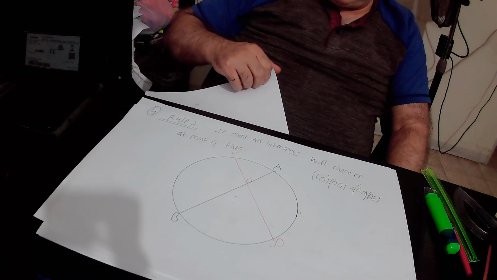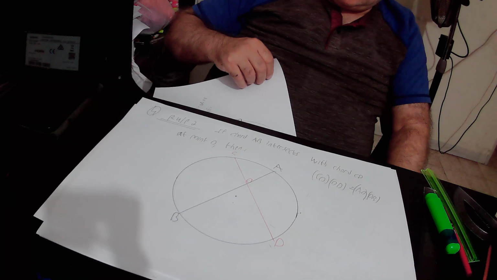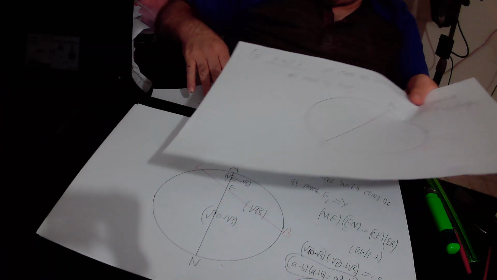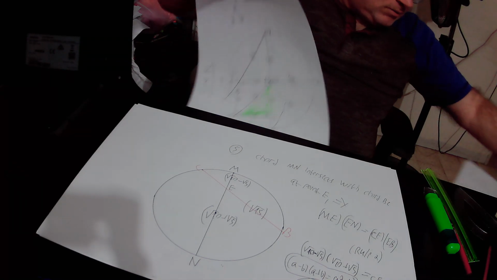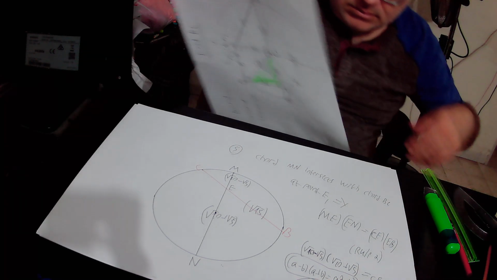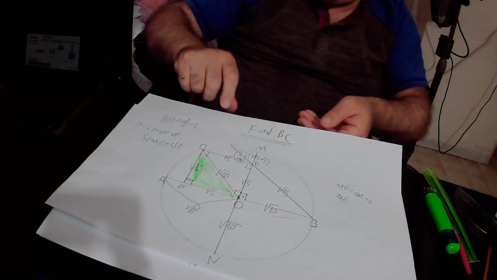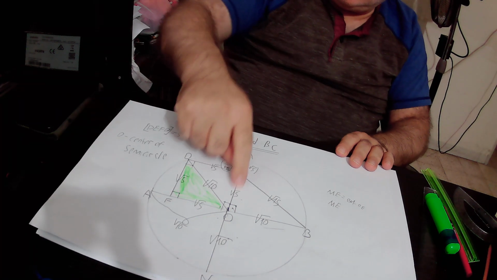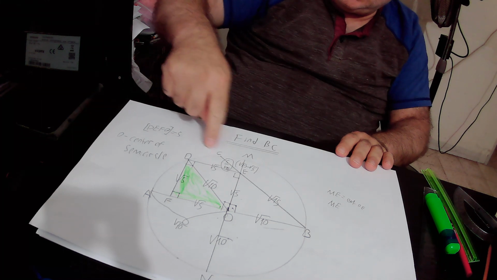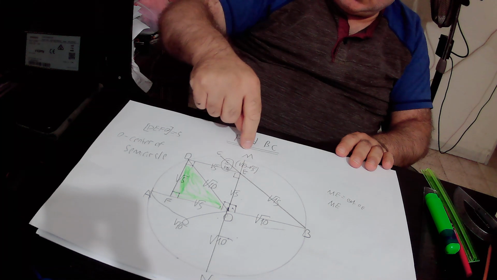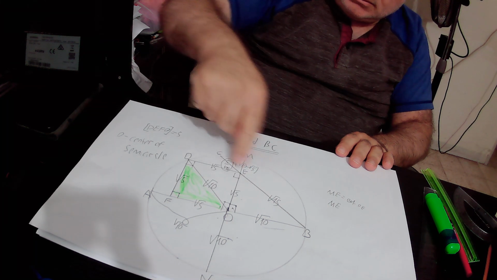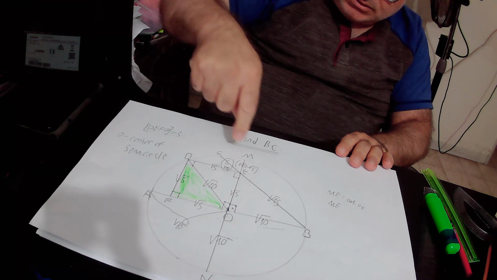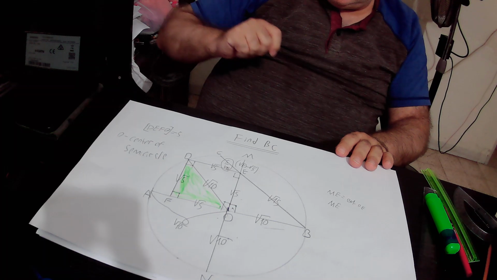We actually can implement rule number 2 in our drawing. Why? Because in our drawing we have chord MN intersects with chord CB at point E. Point E is the intersection point between the two chords. Therefore,